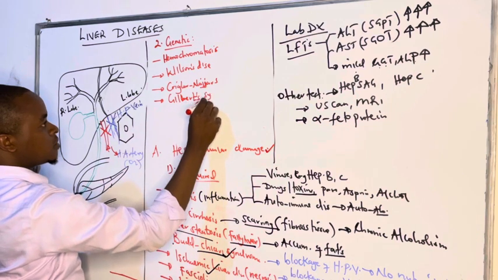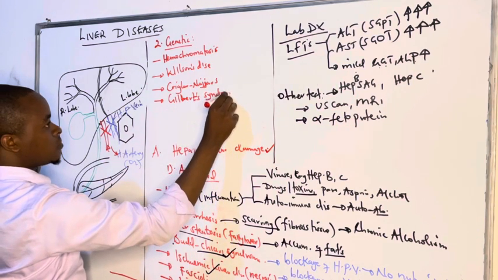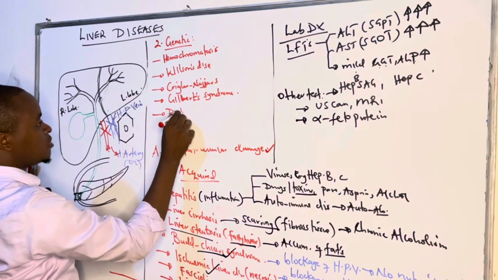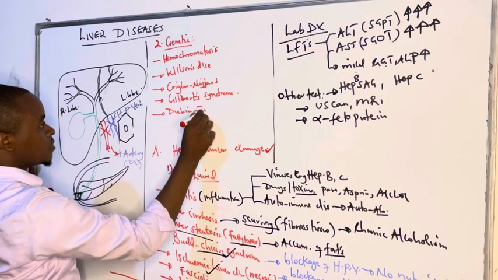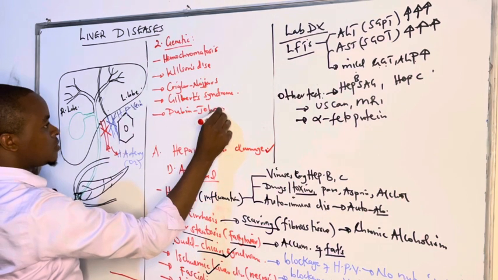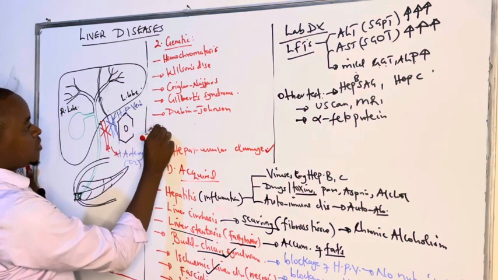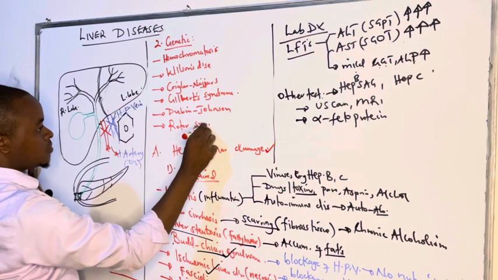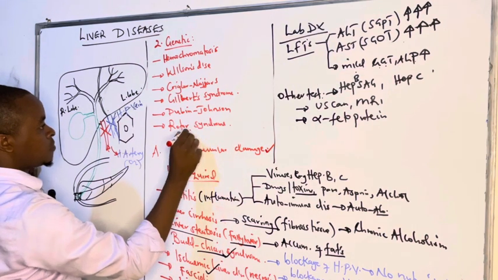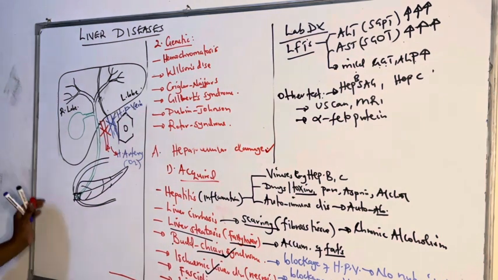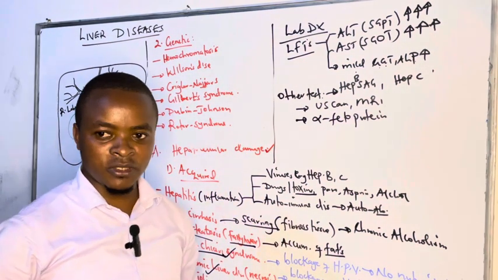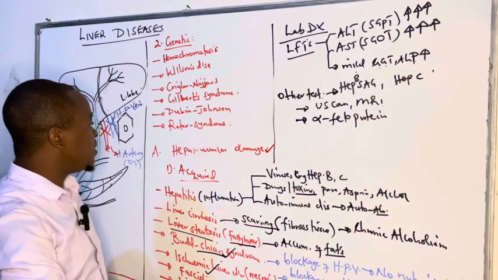We can talk about Dubin-Johnson syndrome. You can look at Rotor syndrome. So these are the conditions that can also cause damage of the liver hepatocytes, and these are inherited